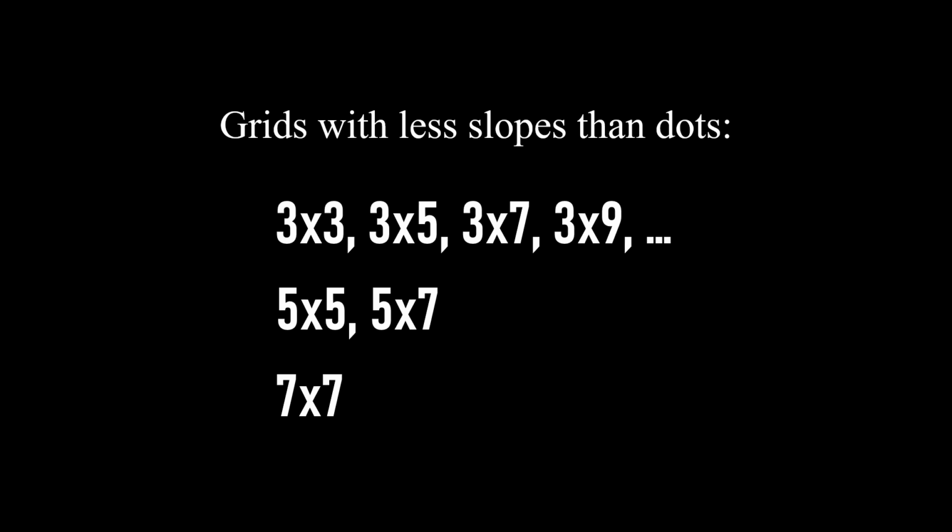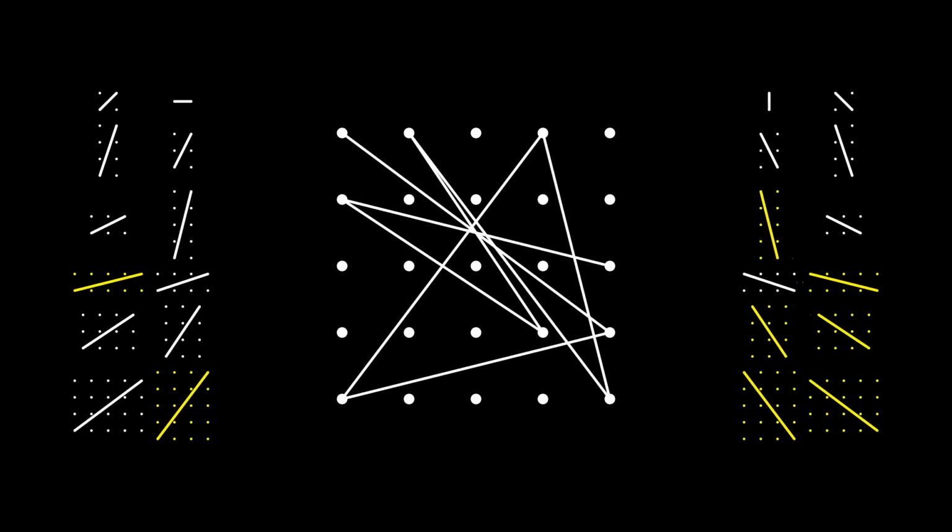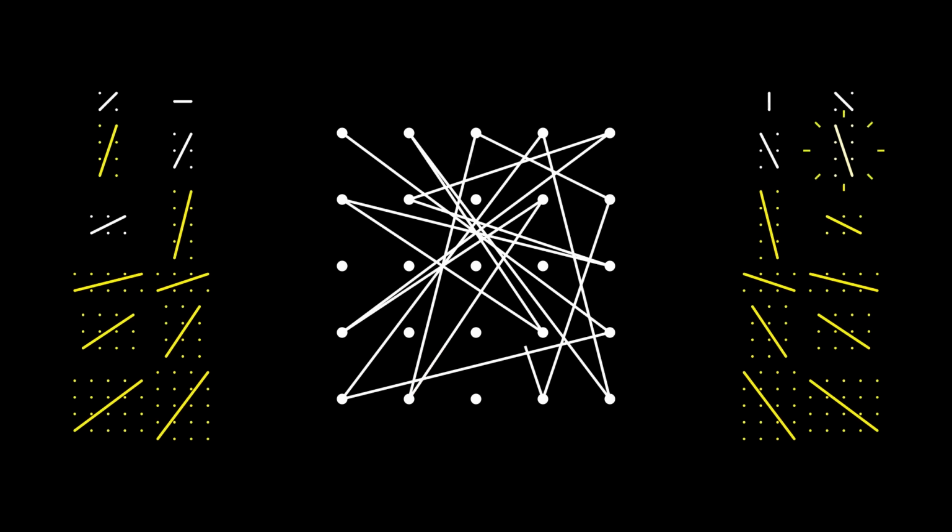I see two ways. One, we can just continue finding patterns in 5x5, 5x7, and 7x7. But this is just another brute force problem. Anyone could find them with some coding. For example, here's one I found in 5x5. But you see, looking at this doesn't really give you the same level of satisfaction as when you first found a 3x3 pattern.